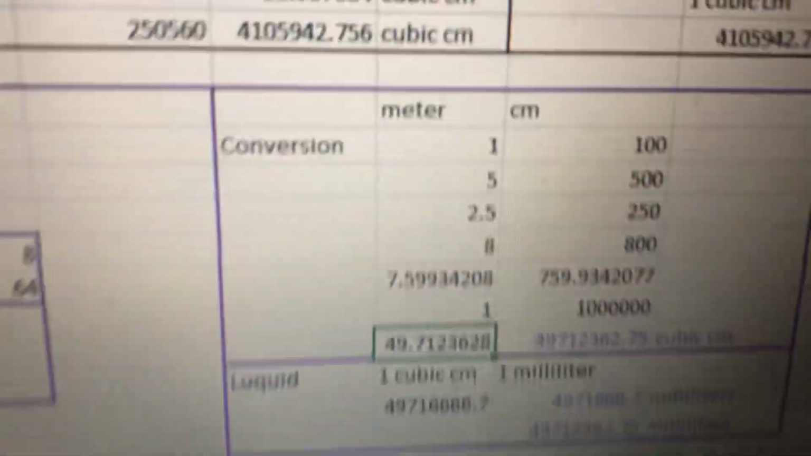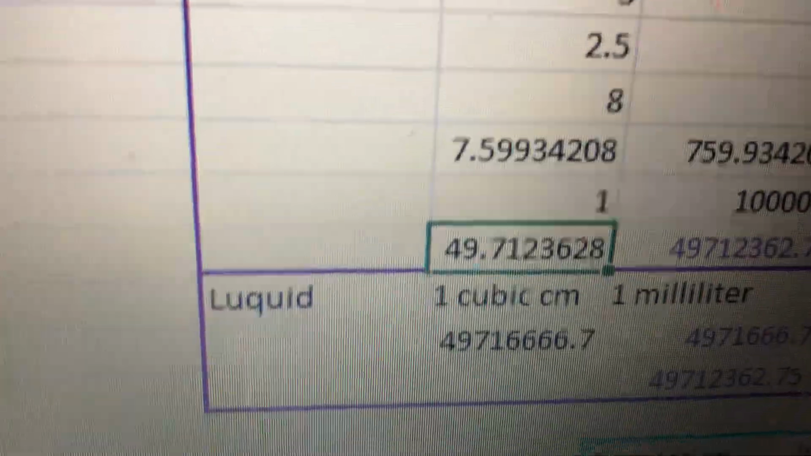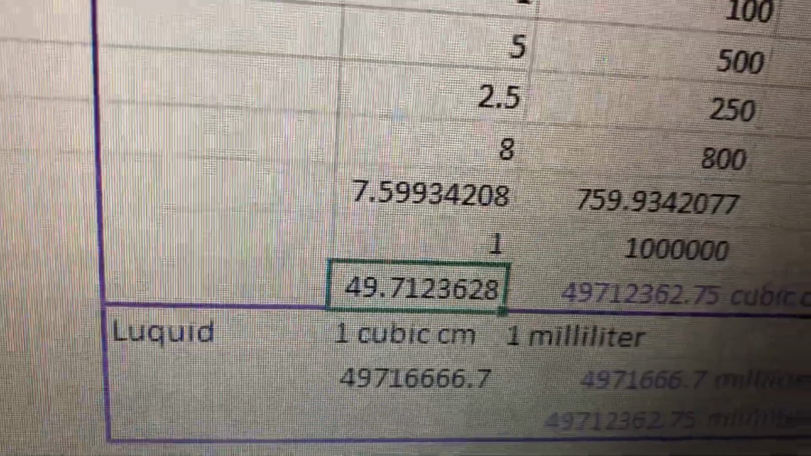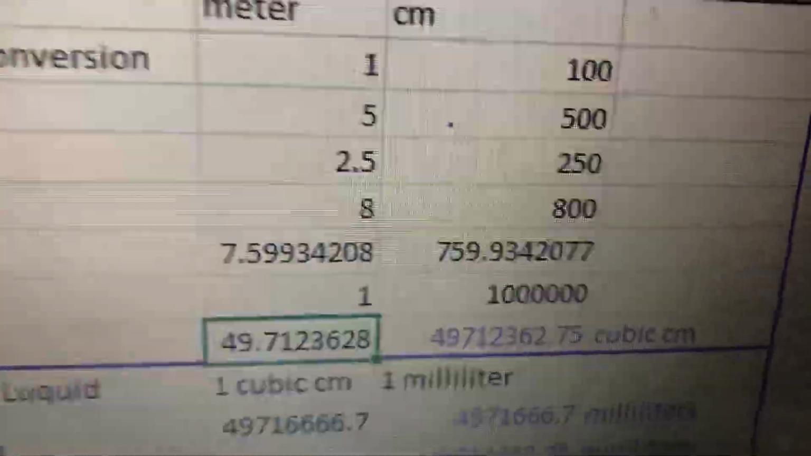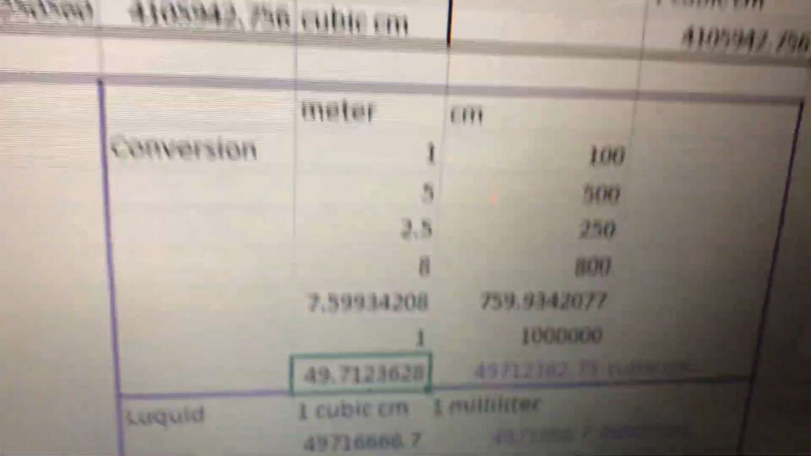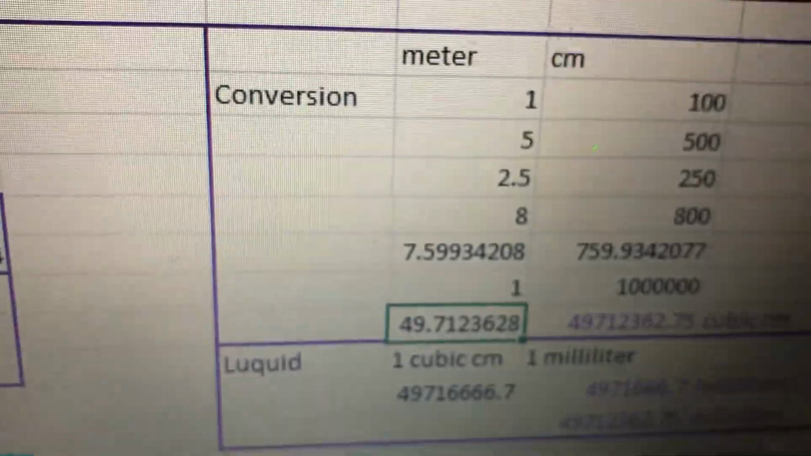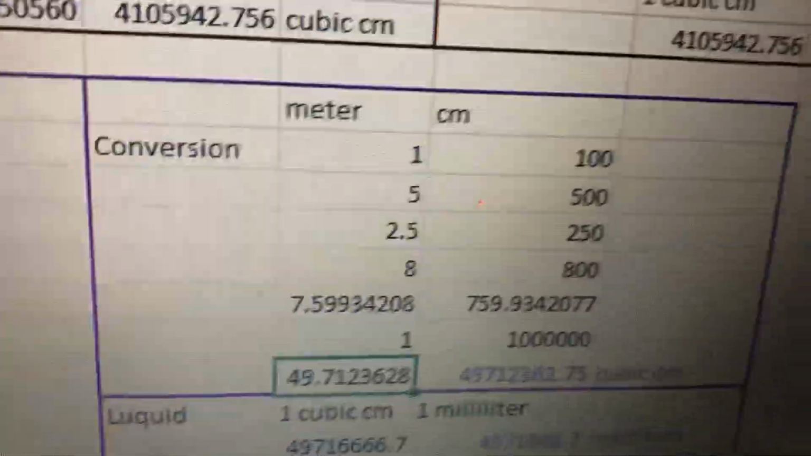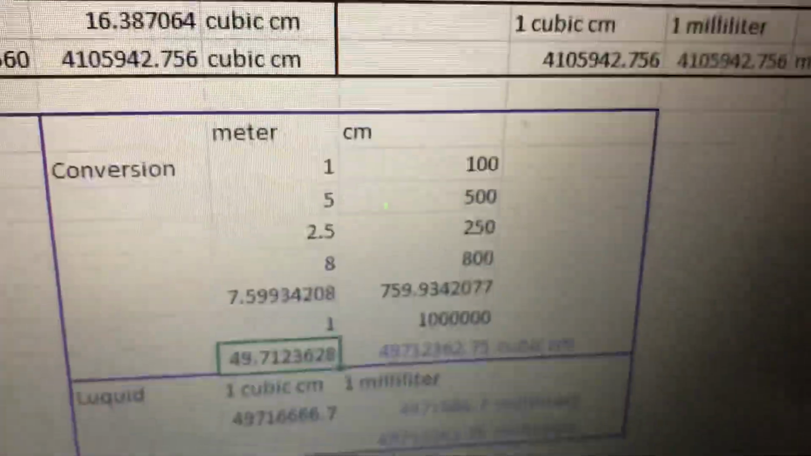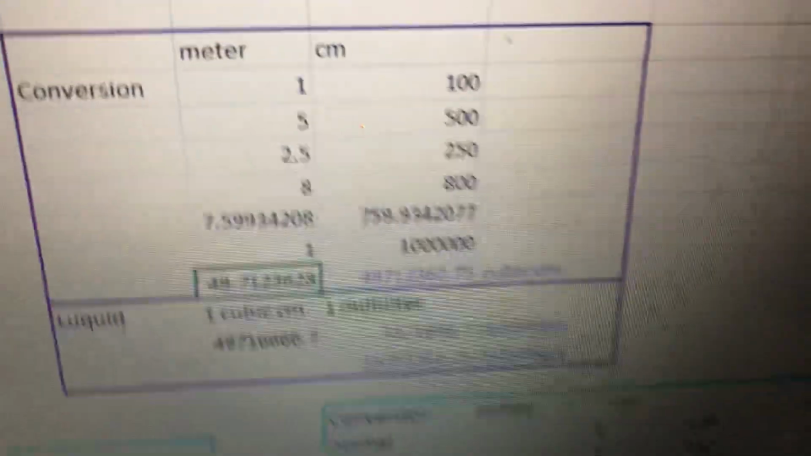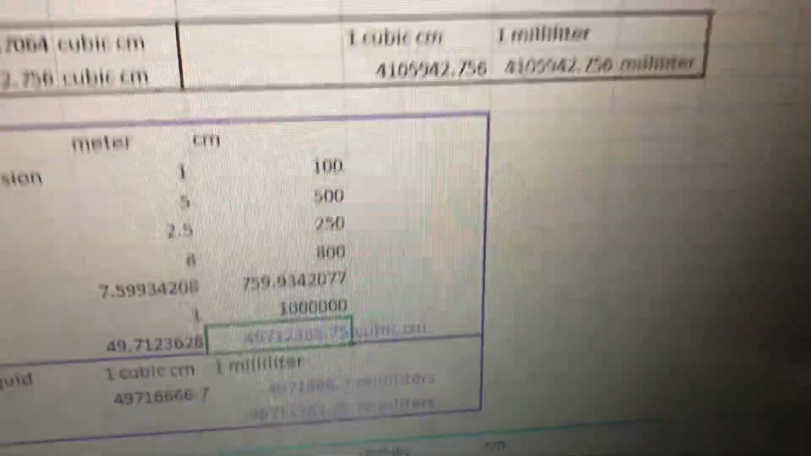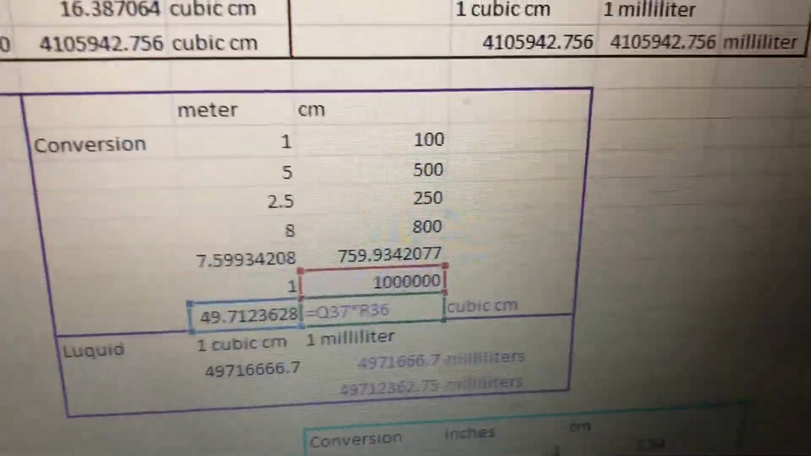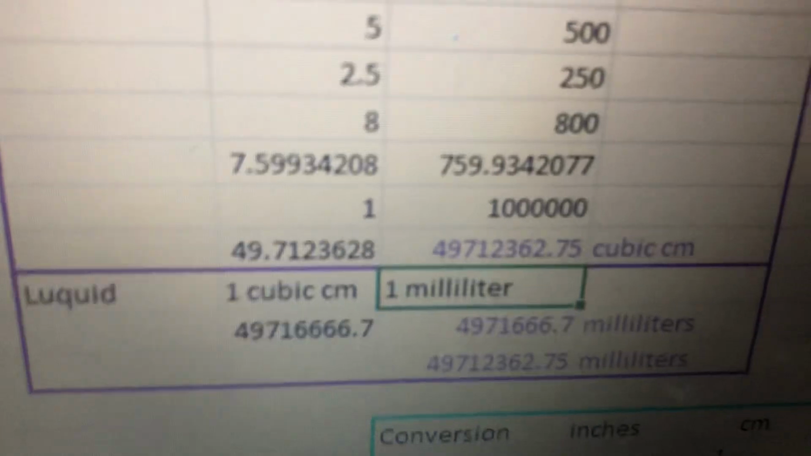Diba remember, yun yung volume ng cone, diba? 49.71. And then, I multiplied by a million because of the given relationship na 1 cubic meter is worth 1 million cubic centimeters. So this one, minultiply ko by 1 million, and then I should get